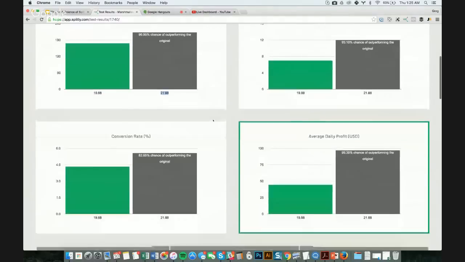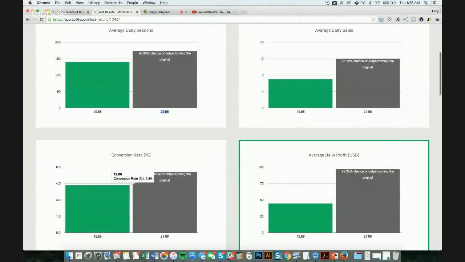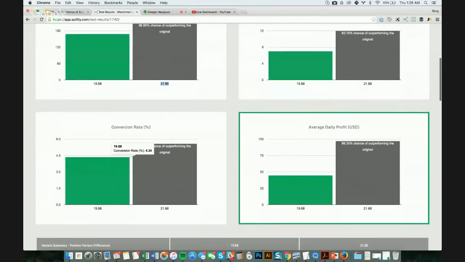And as you can see, this made a huge difference in the daily profit. Amazingly enough, and this always shocks me, the conversion rate for this particular product increased by about 1.2% after increasing the price a little bit, which seems crazy, but